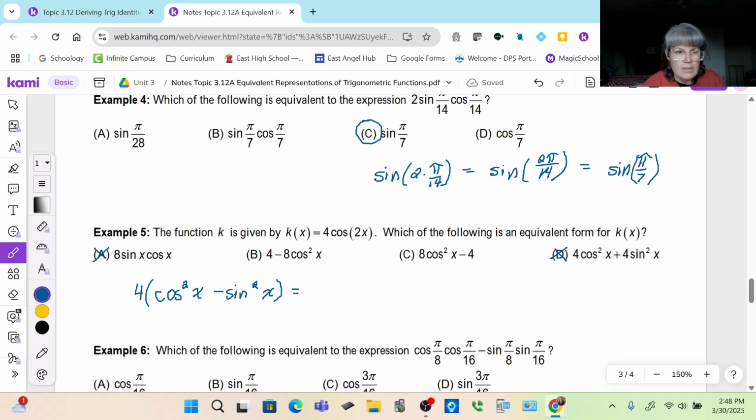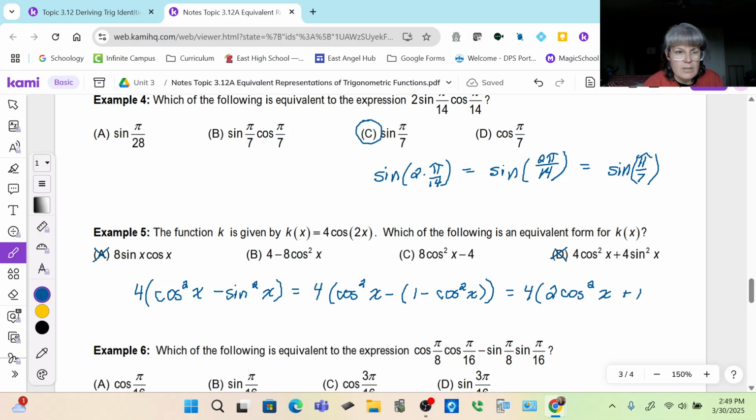So I'm going to write this as 4 times cosine squared x minus 1 minus cosine squared x. And when I simplify that, that becomes 4 times cosine squared x, we'd have a plus cosine squared x. So that's 2 cosine squared x